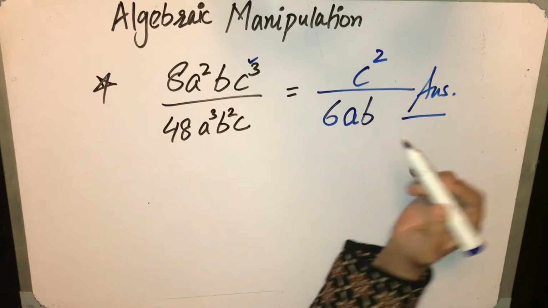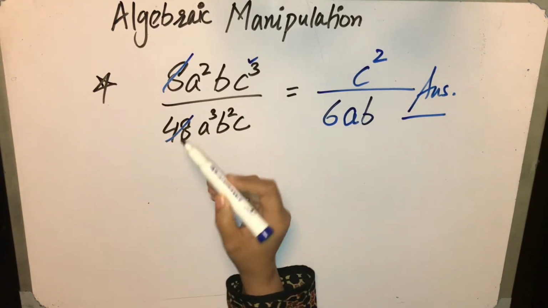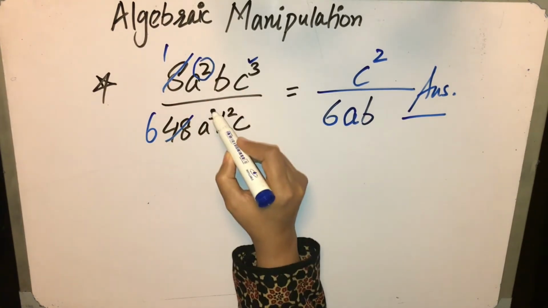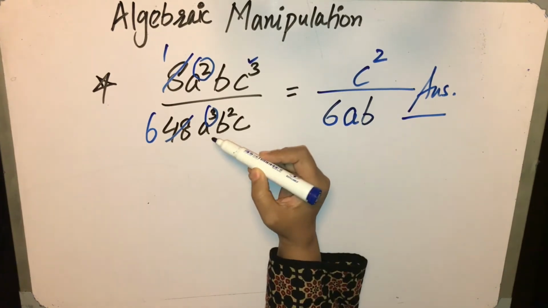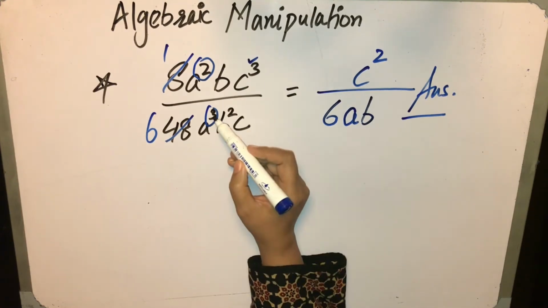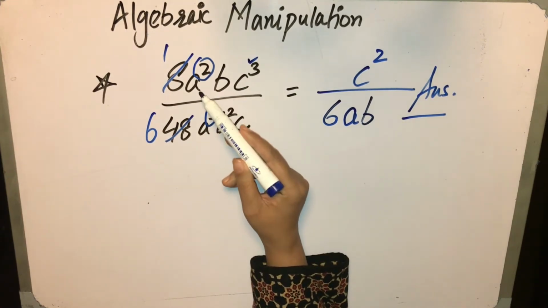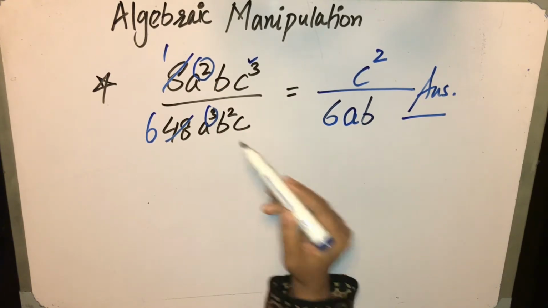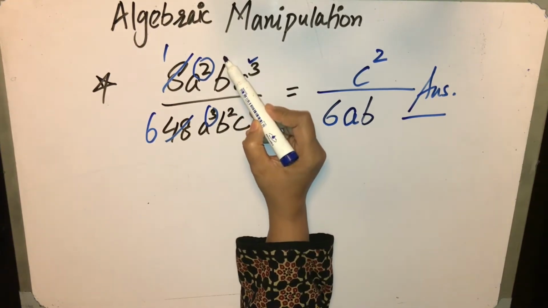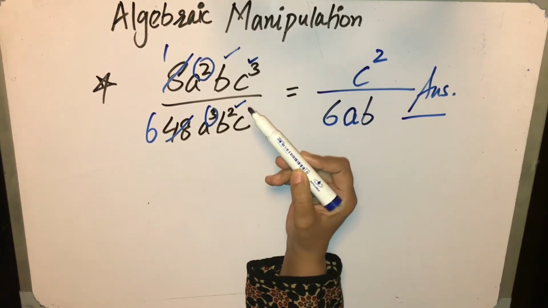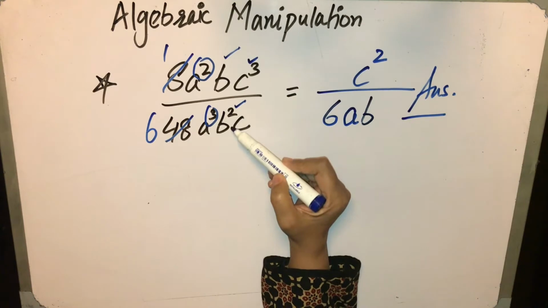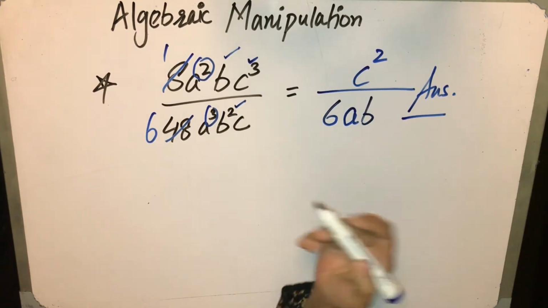First of all, cancel constant with the constant. 8 one times 8, 8 six times 48. Now compare the powers of a. Where there is more power, the variable will stay there. Here this is 3, so basically we are cancelling 2 a's from these 3 a's and 1 a is left, and the left one will be in the denominator. Similarly here there is a single b, there are 2 b's, so 1 b will be cancelled, 1 will stay in the denominator, and there are 3 c's, so 2 c's will be left in the numerator.